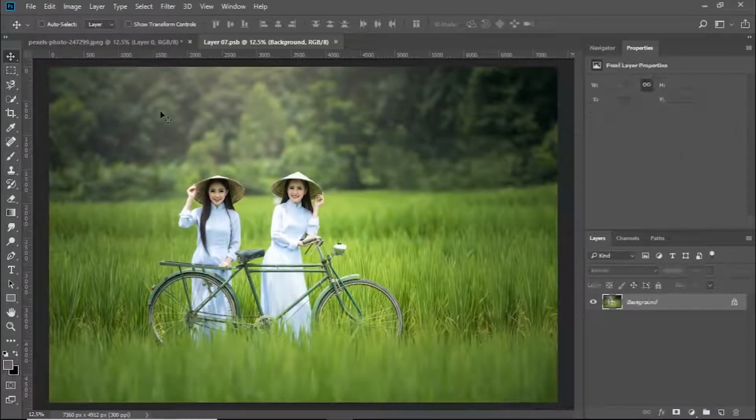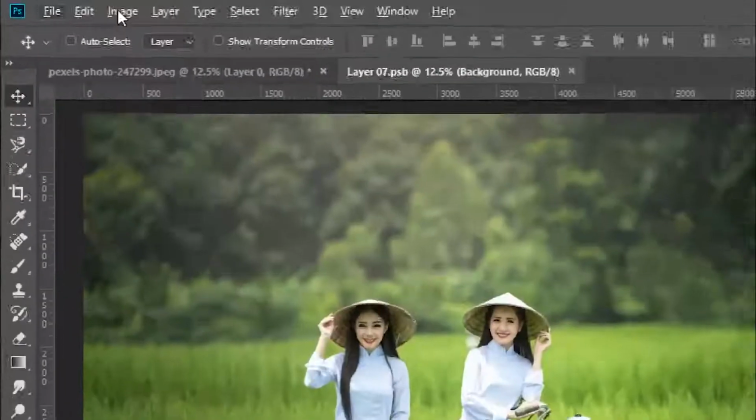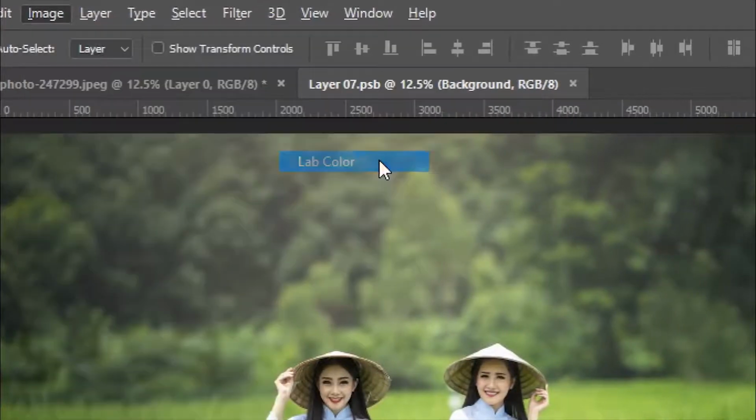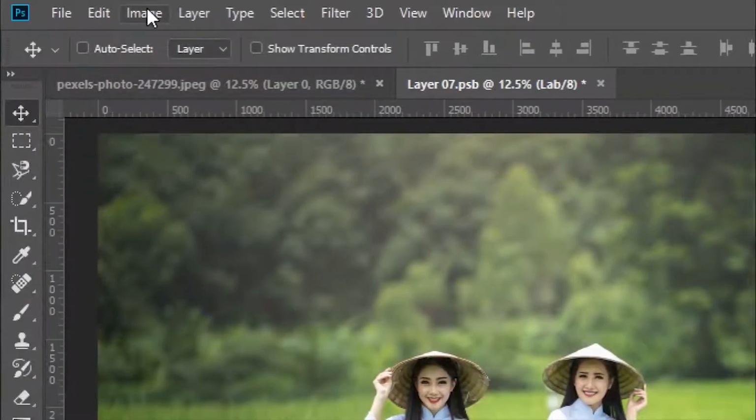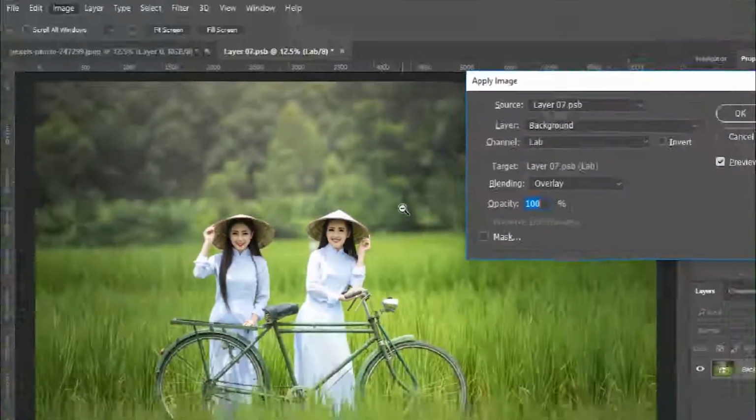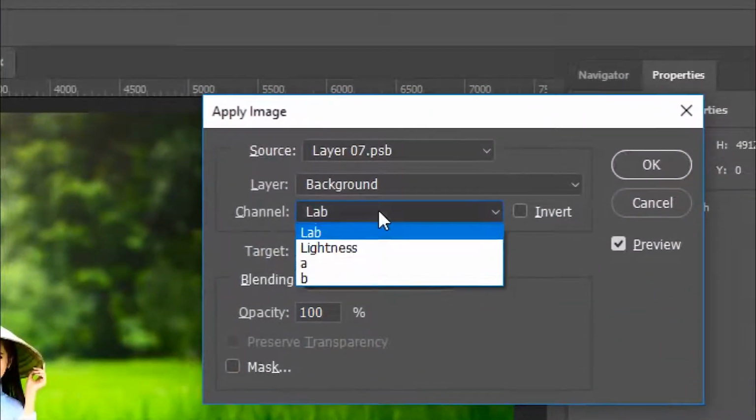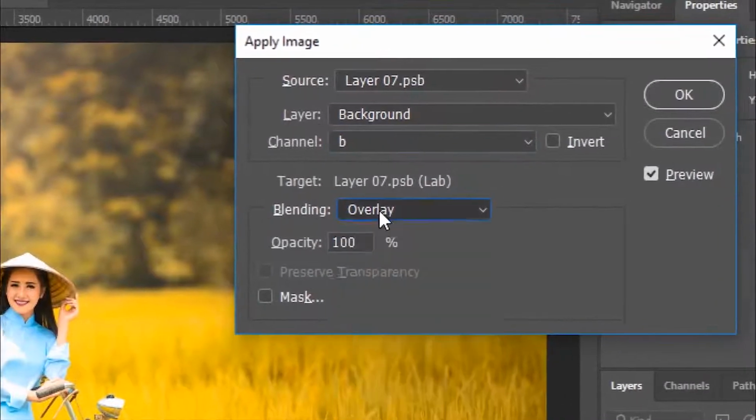Then simply inside another document that will open up, go to Image and then Mode and Lab Color. Then convert this mode to Lab Color. Then again go to Image and then Apply Image. Now inside of Apply Image, change the channel from Lab to B and blending mode to Overlay or Soft Light,